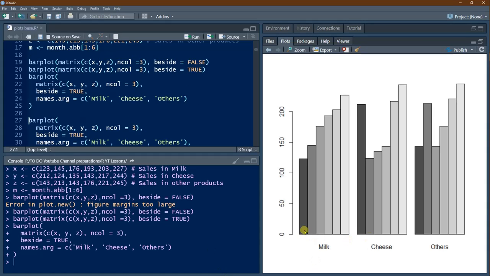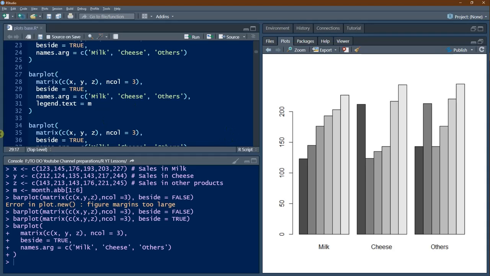So I am getting for each group milk for the 6 months, the sales went on like this. For cheese, the sales was like this. For others, the sales was like this. Okay. Now you understood, we can add arguments to the plot and accordingly the plot changes.